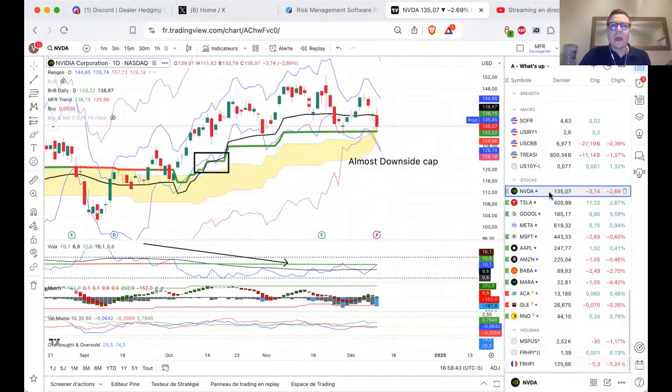So yeah, I wanted to point out several things in single stocks just to show some interesting things. NVDA broke trade, but we almost have a downside cap, in the 126 and change. So if you want to buy NVDA, you may get a possibility to buy it if we get some kind of sell-off, a fake break of trend to a retest of the low of the range, because the cap is there, and I don't think it's going away.